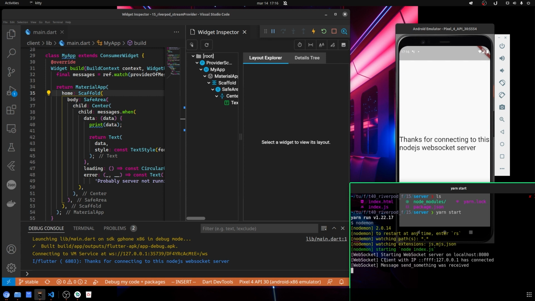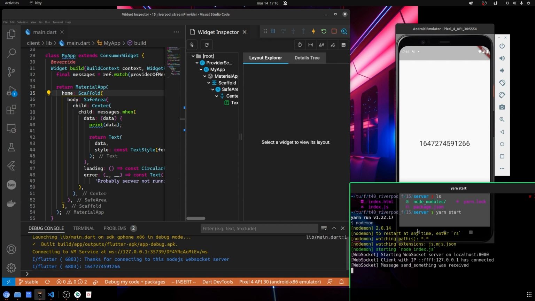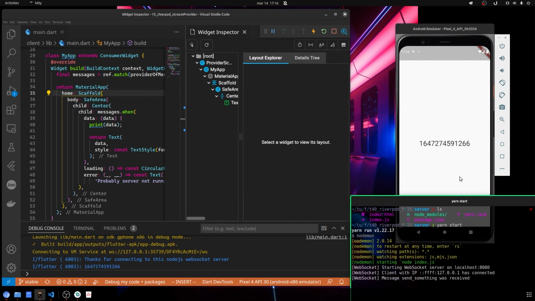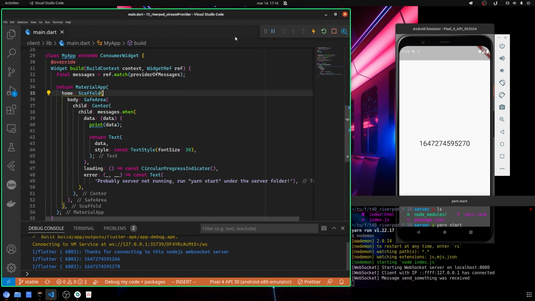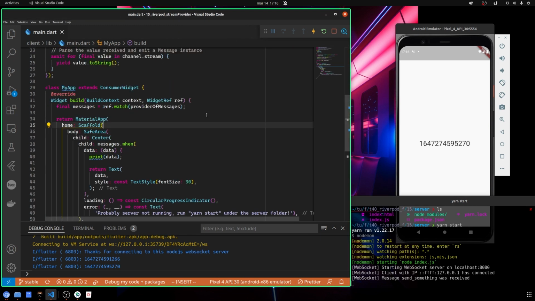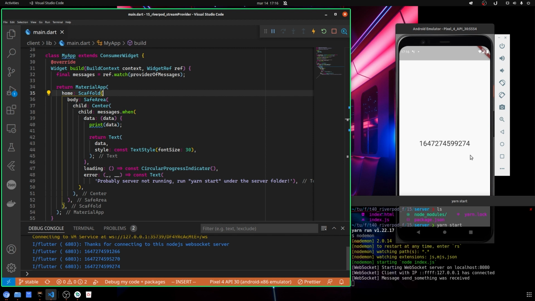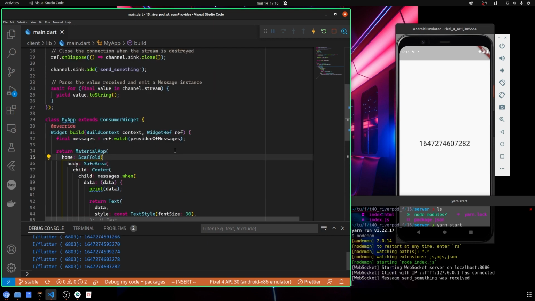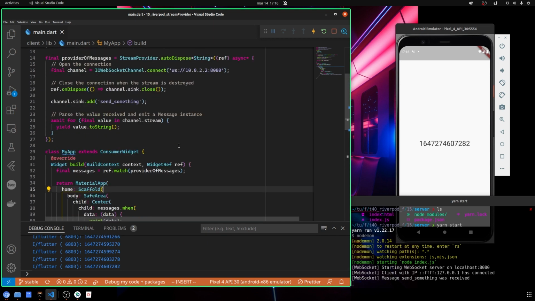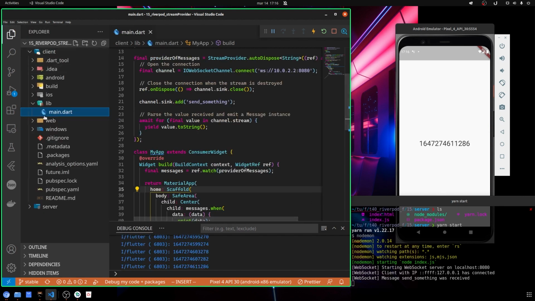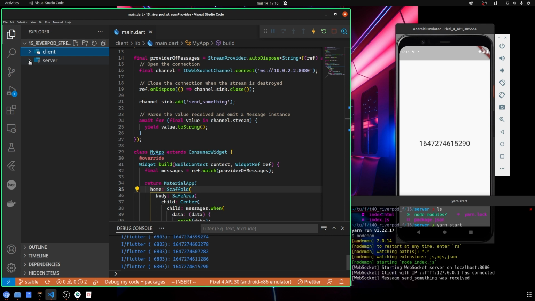Okay, now it is connected. We have some data from the server and it has replied, and now it is running. As you can see, every time it changes and everything works fine. So this is how you work with StreamProvider. Now if you want to understand how we can create our WebSocket